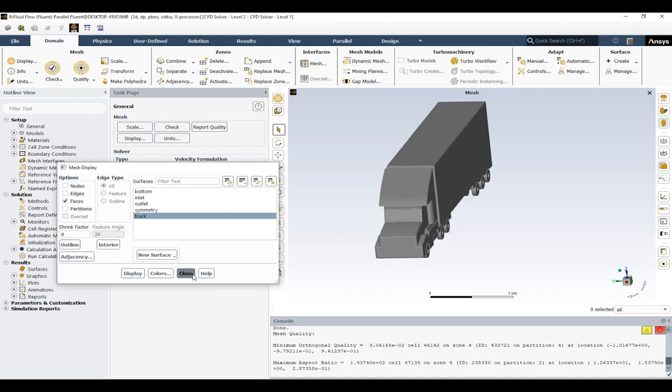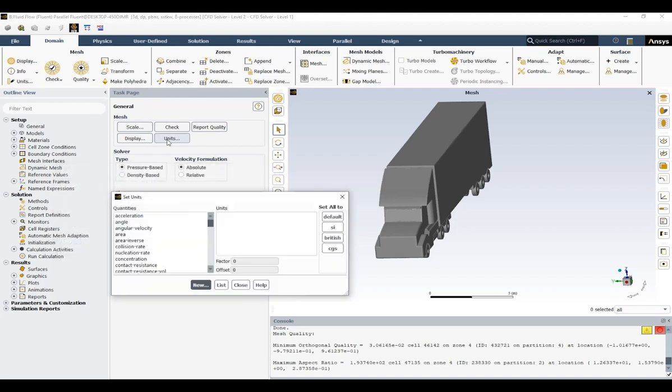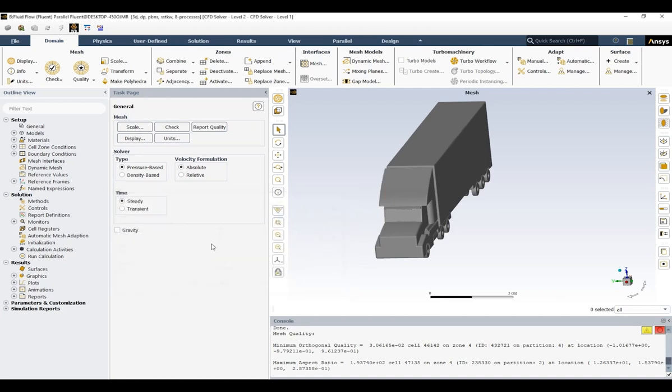Okay, now I'm going to close this window, and for the next part, if I click on the units, you can see different parameters that may be used in our simulation or not. And if you click on each of these parameters, let's just click on length, you can see different units that are available inside the Fluent software for you to choose. Alright, we're not going to actually change anything under the units, and for the next part we reach the